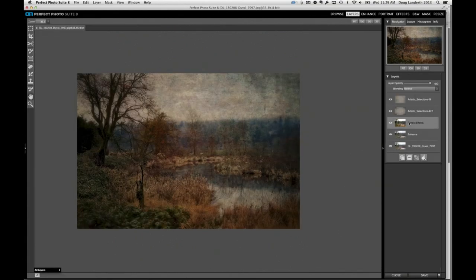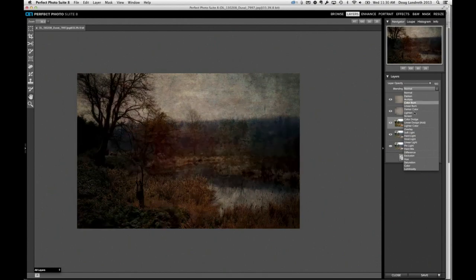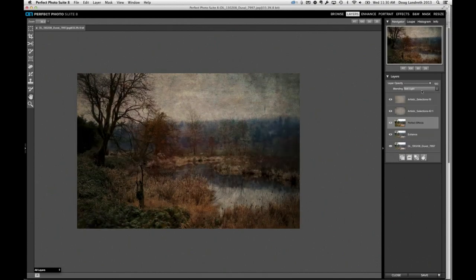And again, what's happened is that it's created a new image with Perfect Effects. So if I don't like that, I can turn on the other layer and go back to the one I had and redo it. Or I can change this blending mode to something like soft light, or go back to normal, or reduce the opacity, or change it to something like color mode. So you can see that